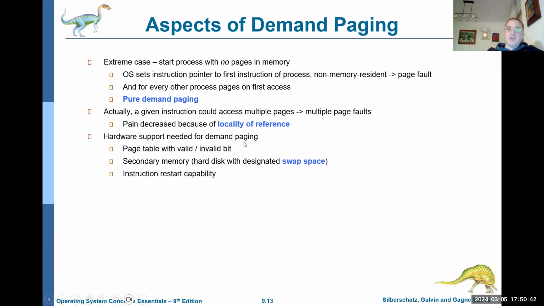Hardware support is needed for demand paging. You need a page table with valid and invalid bits. You need a hard disk designed with designated swap space. On your hard disk, you need to say this space is reserved for swapping. And you need the ability to restart an instruction. If you ran the instruction and it failed because the page wasn't in memory, you need to be able to restart it again. So now the hardware has to be designed to handle